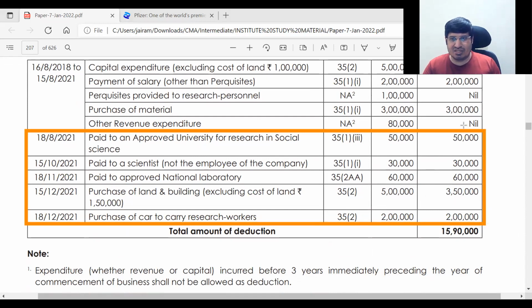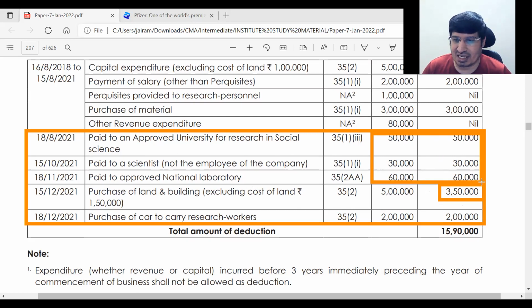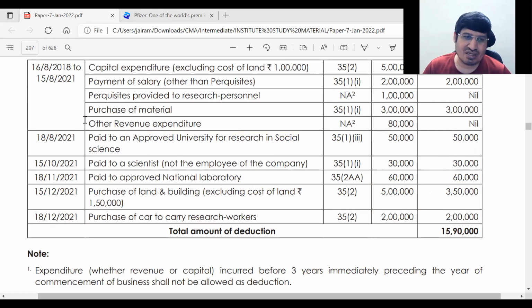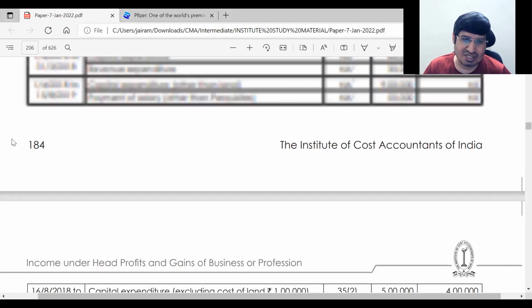ठीक है, सो दिस इज द अमाउंट, कार का द कॉस्ट ऑफ लैंड हैज बीन removed from the land and building cost, okay, so 3,50,000, other than that all others as we said सारा मिल गया उसको, this also he got, purchase of car, okay, this 5 is over, ये दूसरा देखेंगे, one by one we'll see,